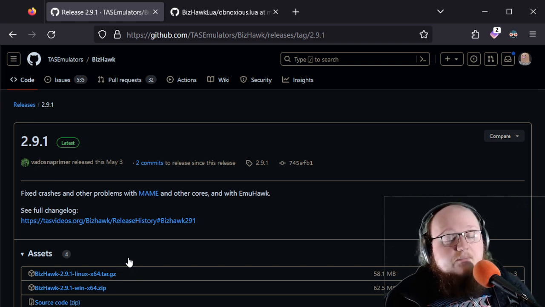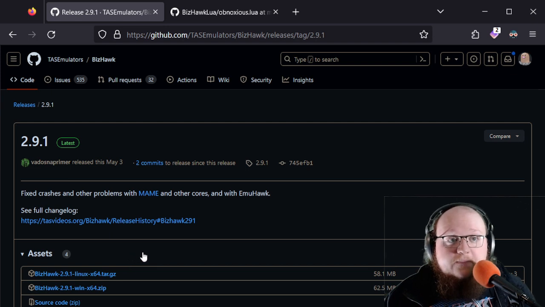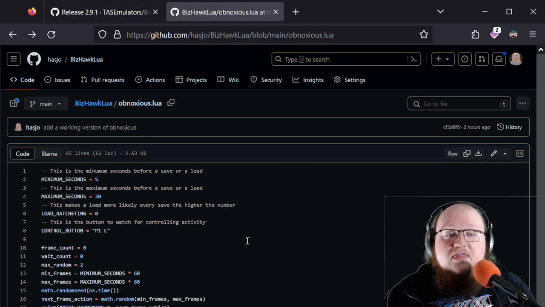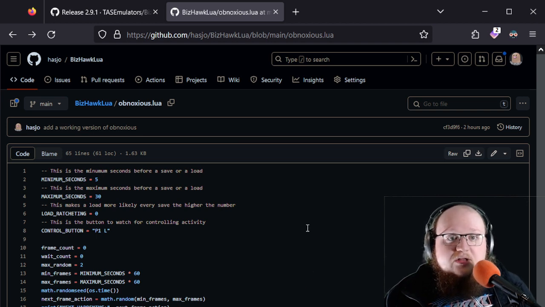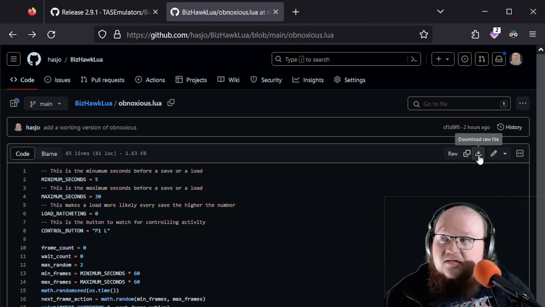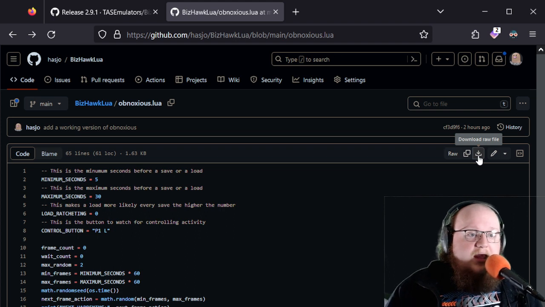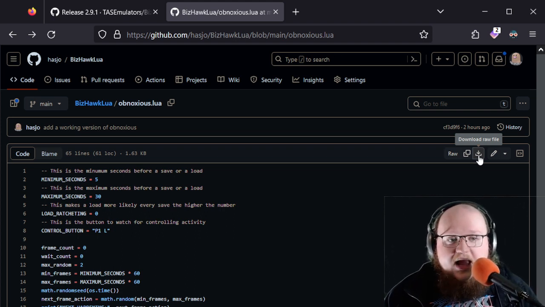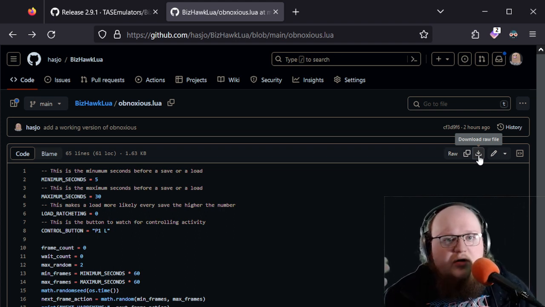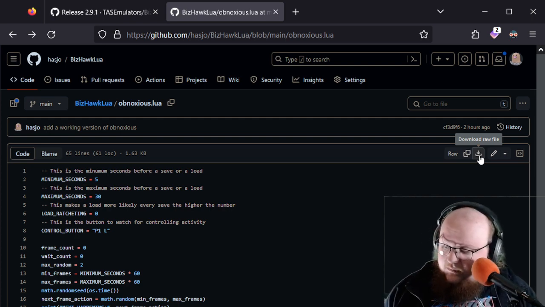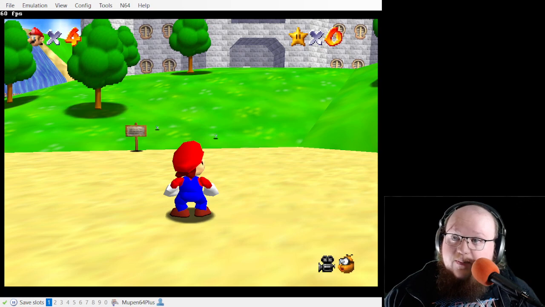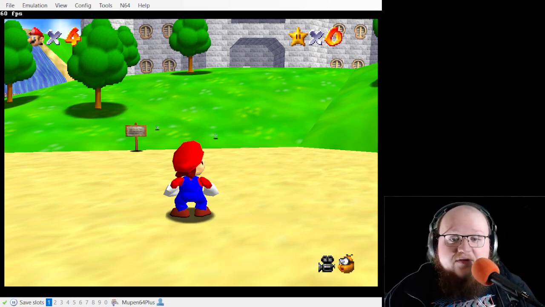But the other component you need to run this process is my Lua script, which will be in the description as well. And what you do when you go to the link, you click this little download raw file button here, and it will give you a Lua file, and you can put that somewhere you remember. So once we have those two pieces, what we'll do is we will fire up our emulator here,